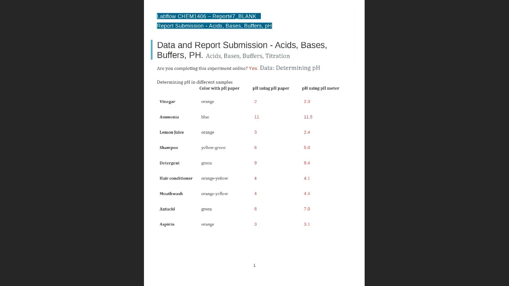This is an empty report. Everybody has different data. So the first part of the report, you're going to see something different. Everything that is in red, because you are not doing the experiment in the lab, is the data that is given. So the first part, it will give you an indication. This is just all the data. So you will see, oh, the vinegar,